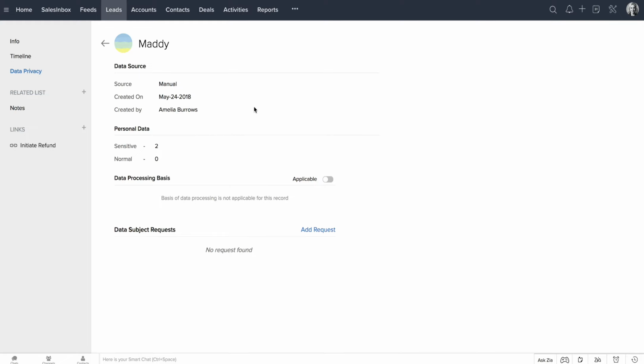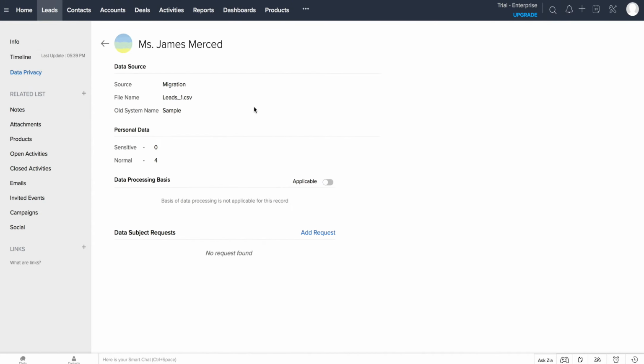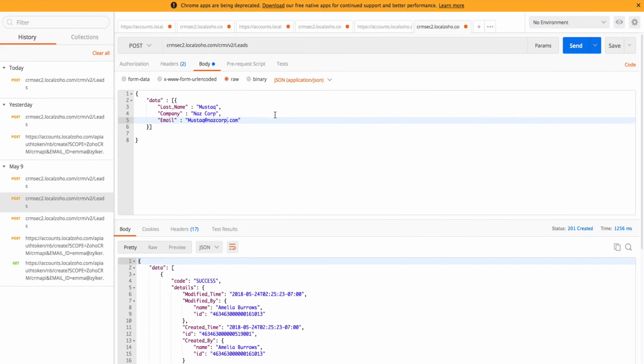We will try to create one more way. Let me check whether I can create through API. Okay, I have one. Most of you might be aware of this, Postman. I have created a JSON through which I'm going to insert a record through the API. I have set all my stuff in place, and I have given all my tokens and everything in place. So what I'll do is try to create